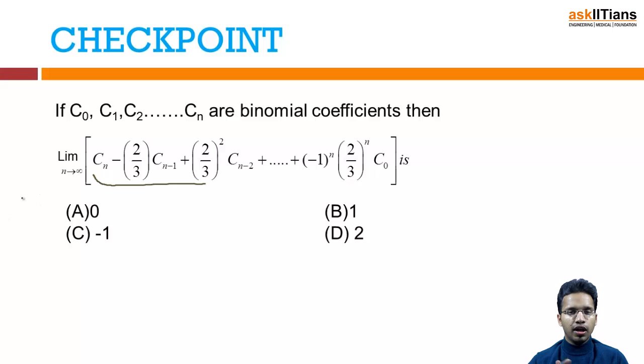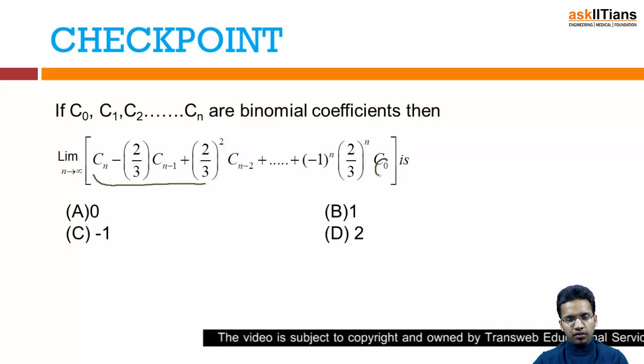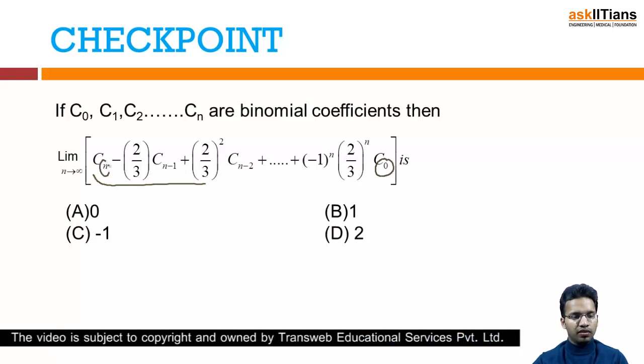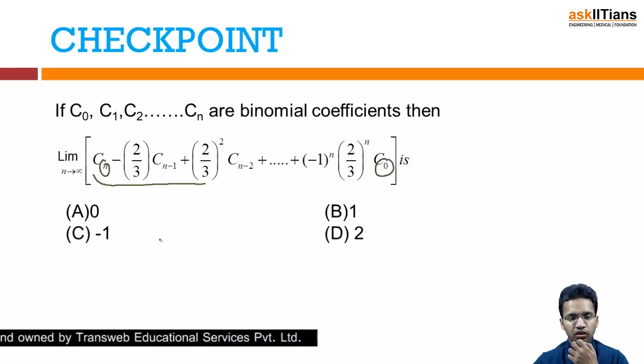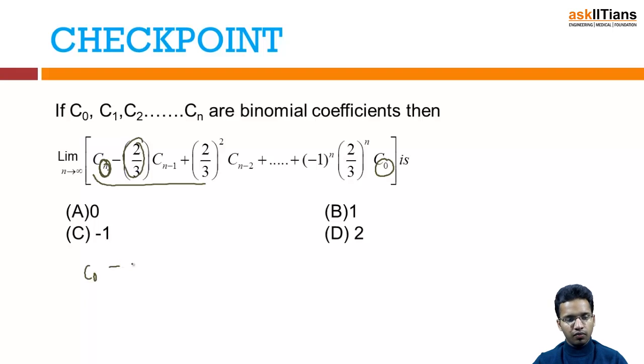The trick here is that C0 and Cn, it's a very simple question. The important thing is we have to correlate the power with the number appearing here. So if I convert it as C0, because C0 will be Cn, basically it's written in the opposite order, minus 2 by 3